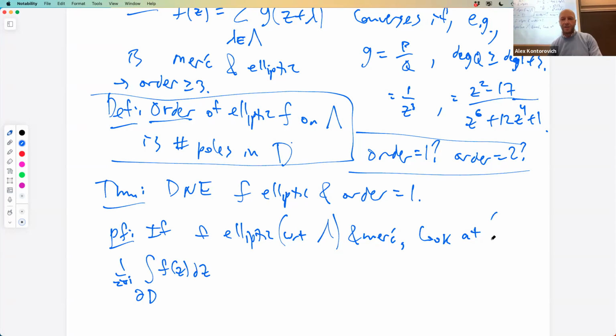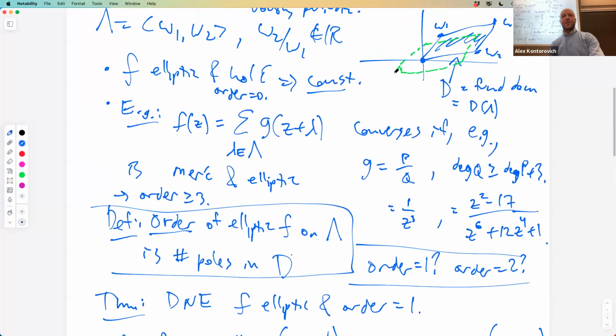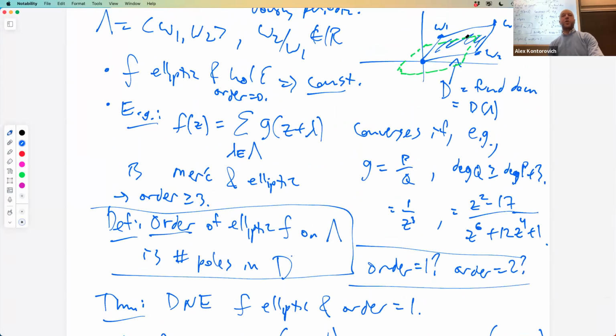Okay, and assume no poles on the boundary of the fundamental domain. Why can I assume that there are no poles on the boundary of the fundamental domain? Just translate it if I need to. Right? Just shift the fundamental domain, the choice of fundamental domain. And why can't there be infinitely many poles